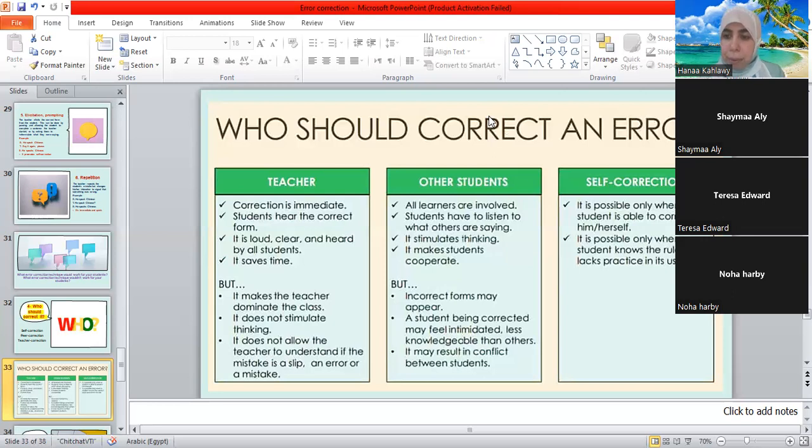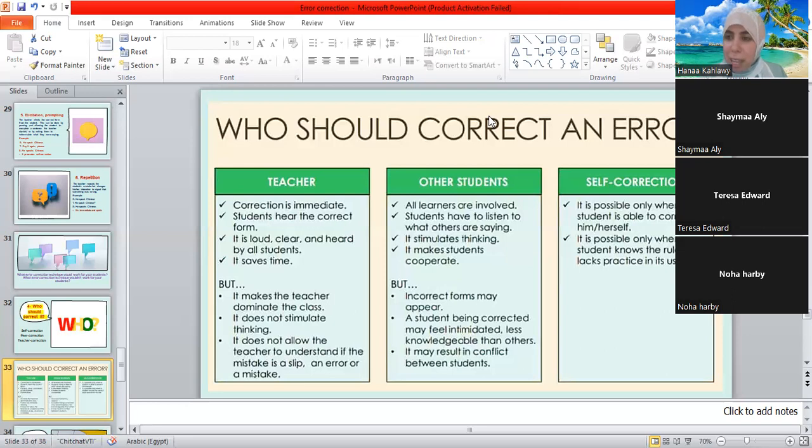We can discuss with them. It's okay to make mistakes, and it's okay that your friend corrects your mistakes. It doesn't mean anything. Yes, speak with them and create such a safe environment.